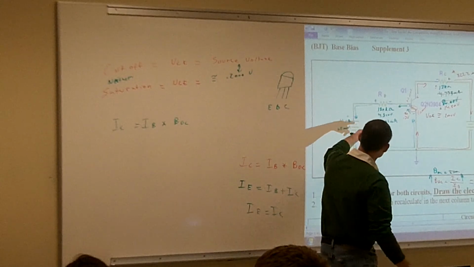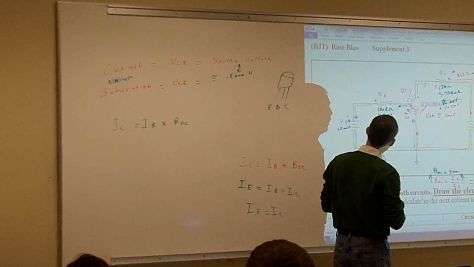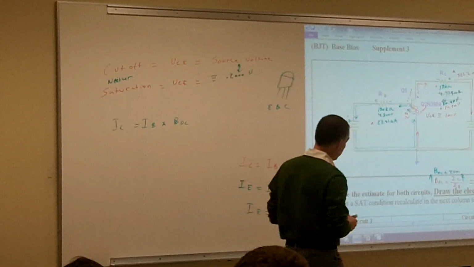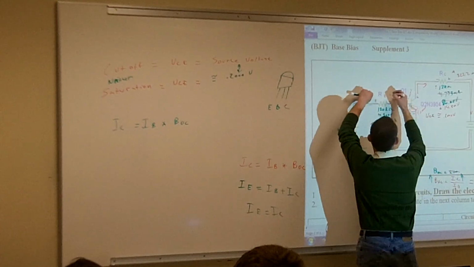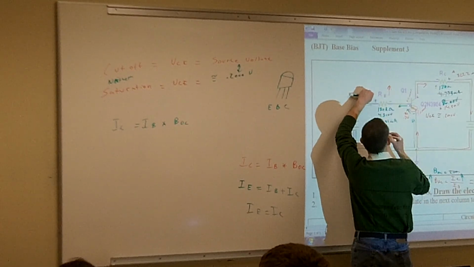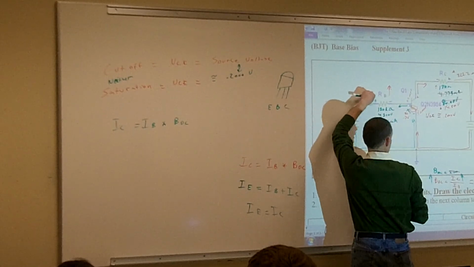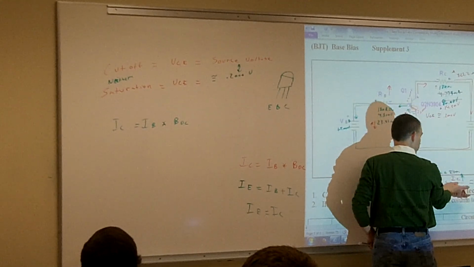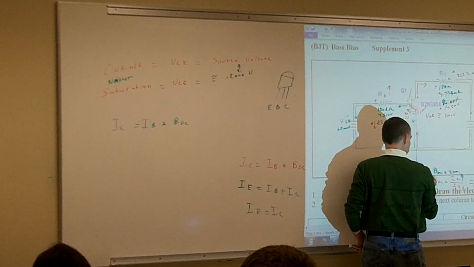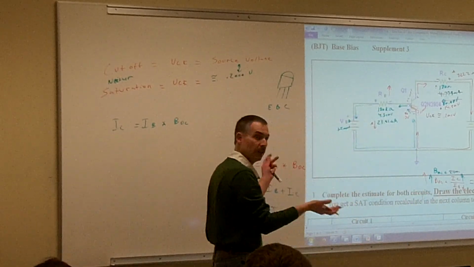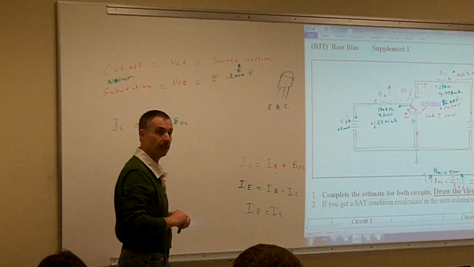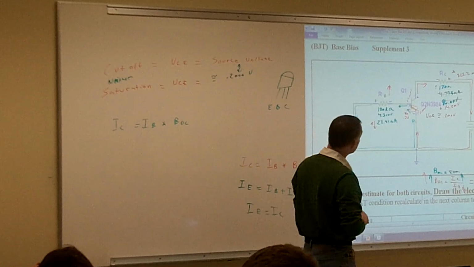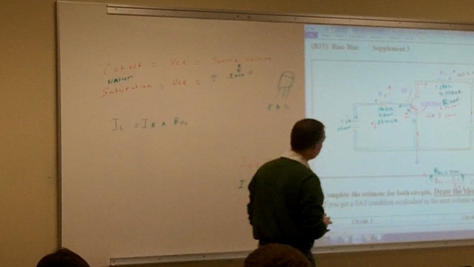What else I can do too is I could also increase RB. That would bring my base current down. If I bring my base current down, then my beta DC would go up, because those are inversely proportional. So you can play around with one or the other to accommodate for whatever you need. Yeah. So typically, a lot of times what we can do